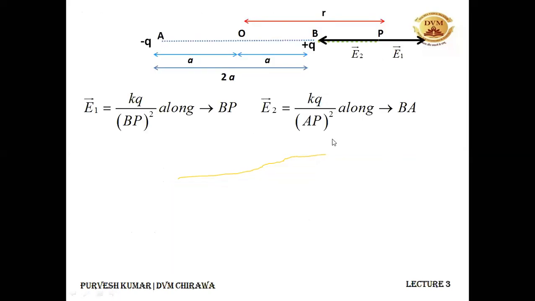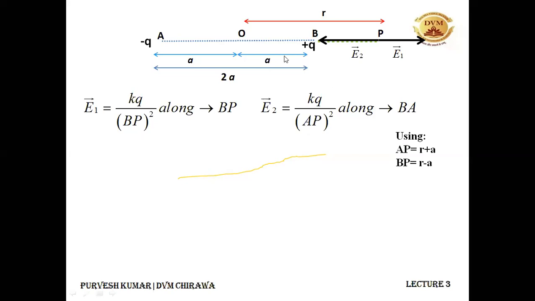So the net electric field, these were the things that we have obtained in the previous slide. So the net electric field at point P can be obtained by doing the vector sum of E1 and E2. And since we know that they are oppositely aligned, we can easily subtract them out because the angle between them is 180 degrees. One electric field is in this direction, the other was in this direction, having an angle 180, they will be subtracted out. Before that, I need to put the values of this BP and AP, what this distance is.